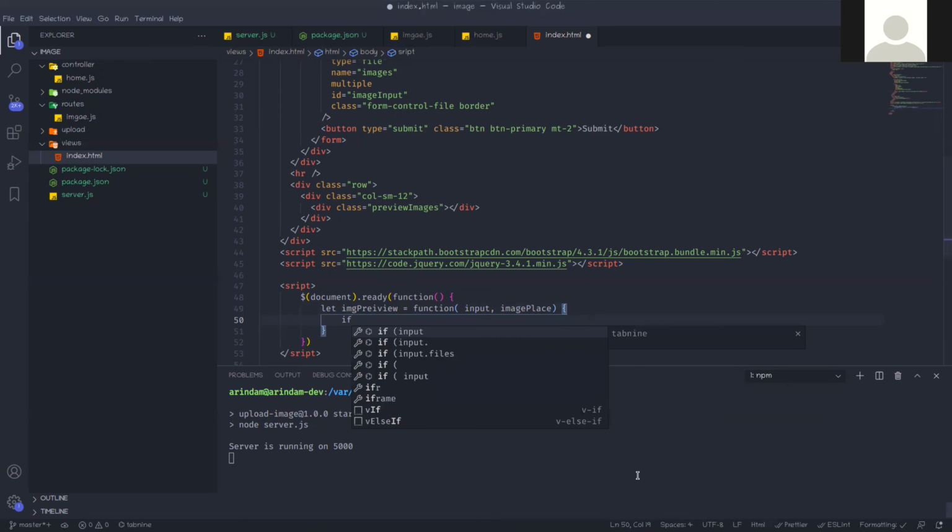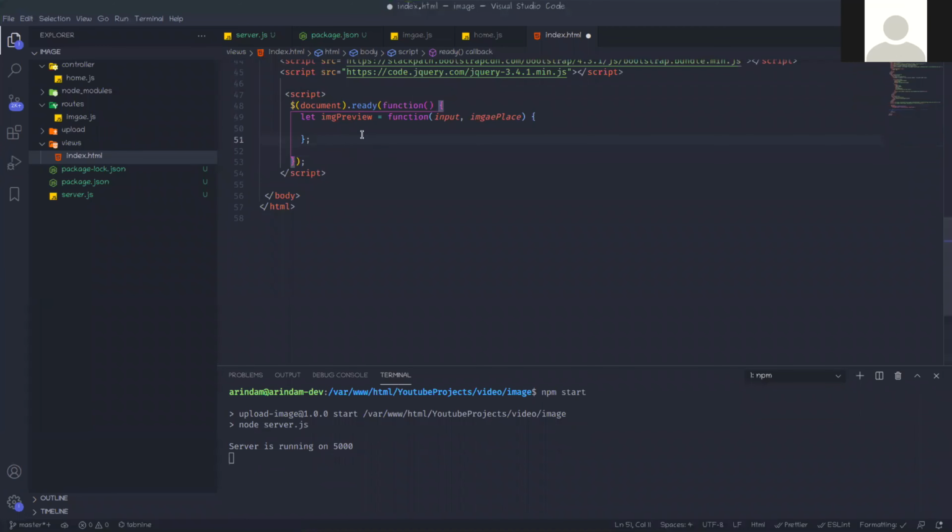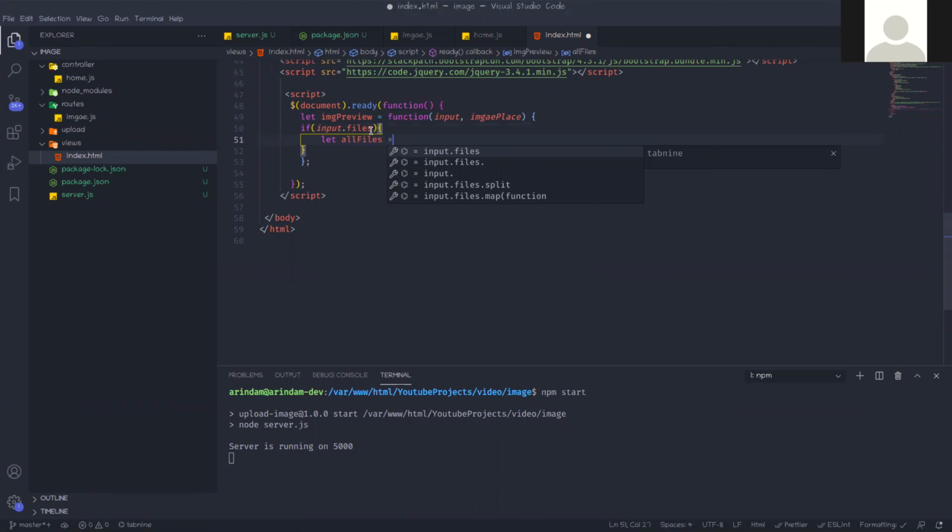First check if any files are there or not. So if input.files exist, then only this will run. First we will take all the files length in a single variable: all files equals input.files.length, so this should return how many files the user will upload.